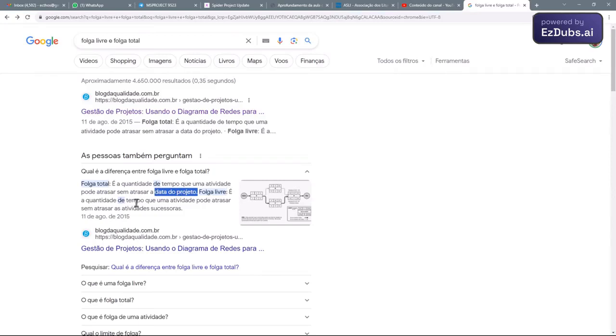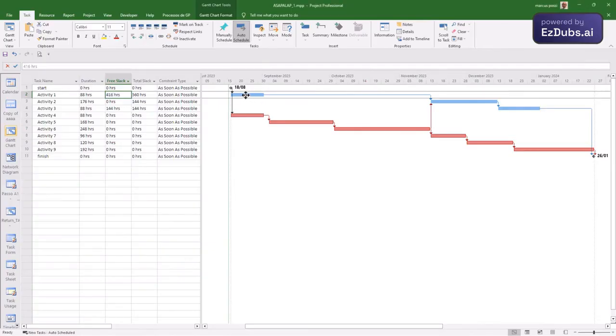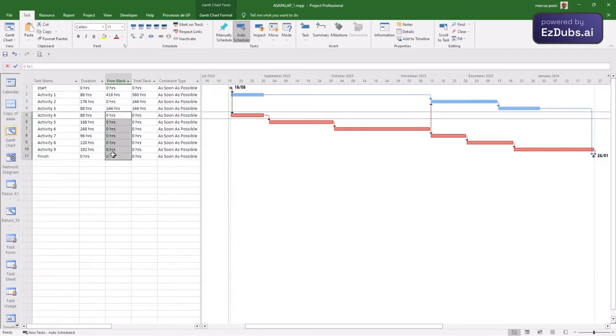Free slack is the amount of time an activity can be delayed, rescheduled, or postponed without disrupting successor activities. So when I look here, I can defer, delay, or reschedule 416 hours without impacting the successor activity. Activities on the critical path, which have no total slack, also have no free slack. They are practically sequenced without breathing room.